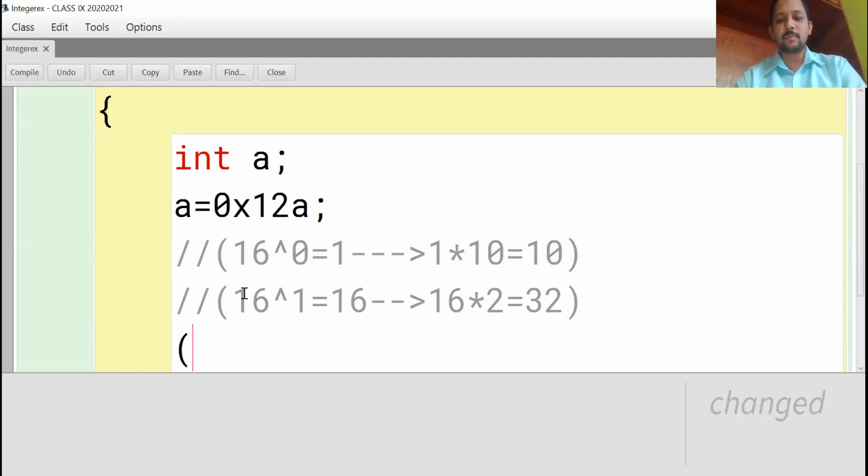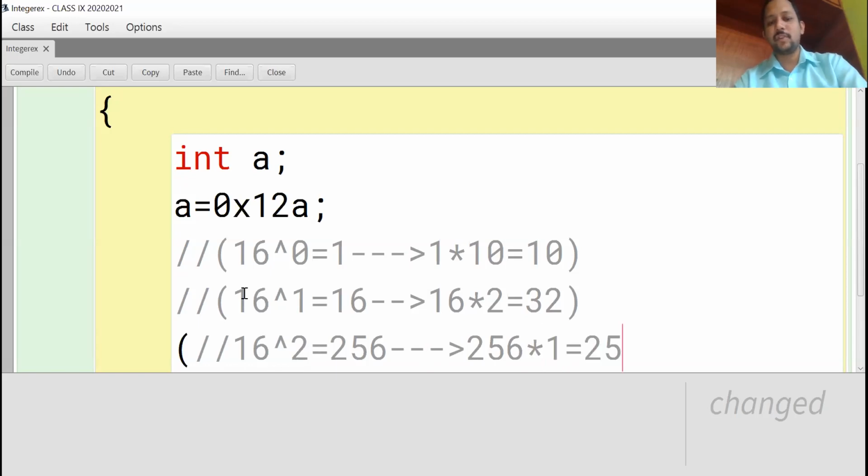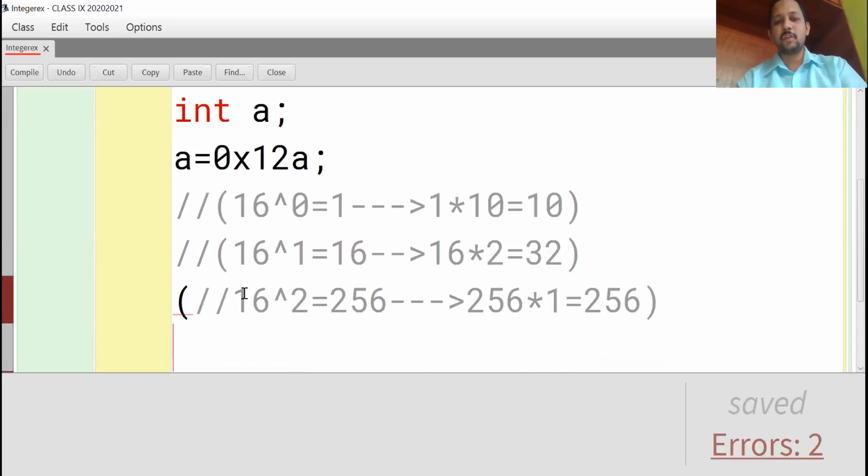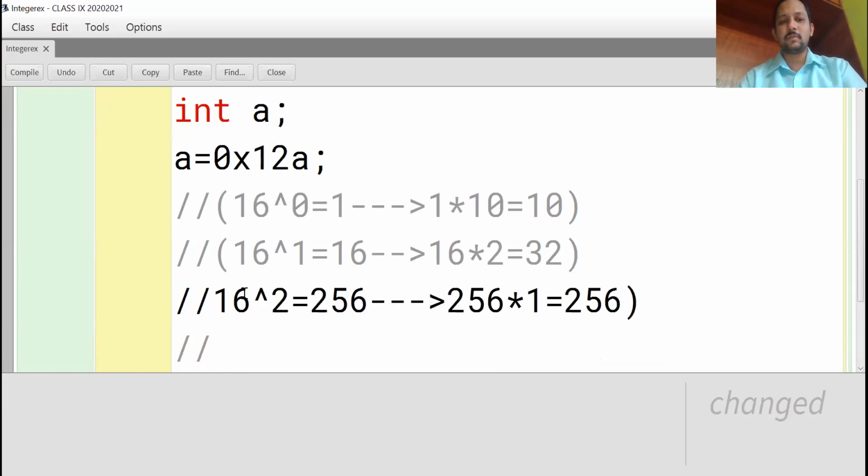So the next step, 16 power 2, that is equal to 16 squared, 256. 256 into 1, that is equal to 256. So the output, if we execute this one.